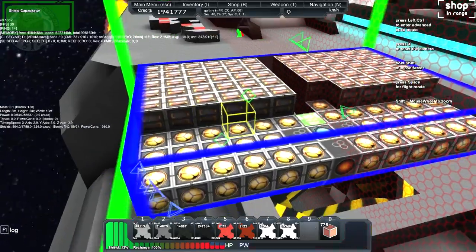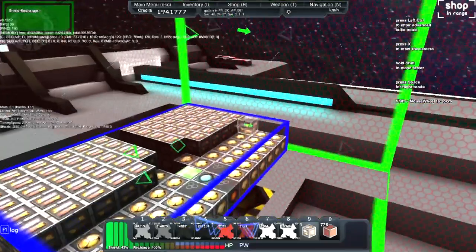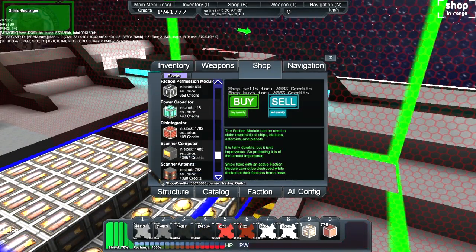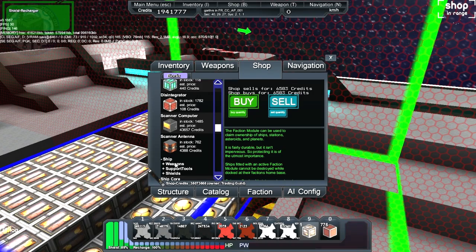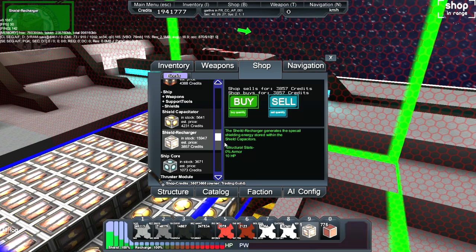I don't know I'm going to have enough. Nope, I'm not going to have enough. I don't like having those things uneven. That's a recharger. Let's see if shop has any. I doubt they do, but still, let's look. Ship, shields, recharger. I just need 1 recharger. Oh, they got a lot in stock. Ooh, and I got money. Let's buy 1. And then let's buy